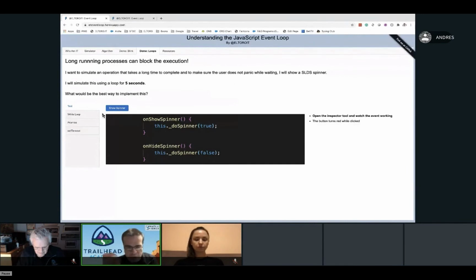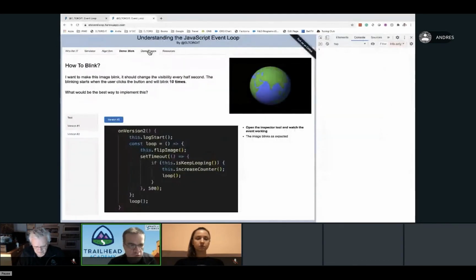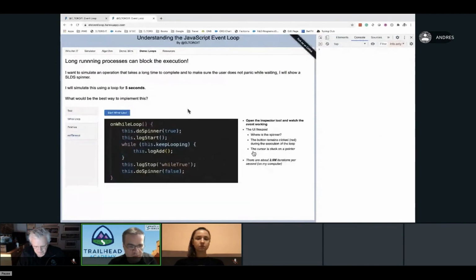That red is going to be an important fact, because what I want to show you is that the UI freezes. So let's run this code, but let's do it with the console open. Let me clear this, go back to loops, go back to a while loop. What I'm doing here is I'm going to start my spinner, loop for 5 seconds, and when the 5 seconds are over, turn the spinner off. When I make it run,